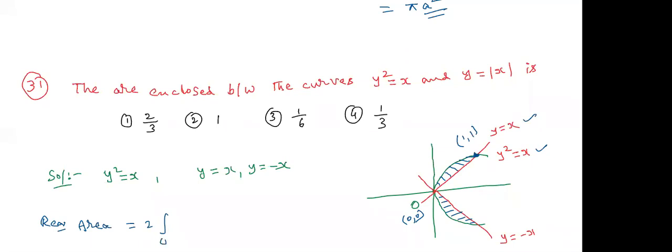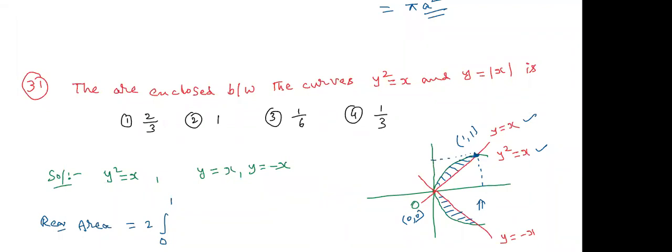Now integration 0 to 1, upper curve minus lower curve. 0 to 1 means what do we want to take, x values or y values? Any one, both are same only. If you take x values, the upper curve is the parabola, the lower curve is the straight line. In this direction you are observing. Suppose in this direction you are observing, the upper curve is the straight line, the lower curve is the parabola. Which method do you want, students? Okay, take limits as x values.